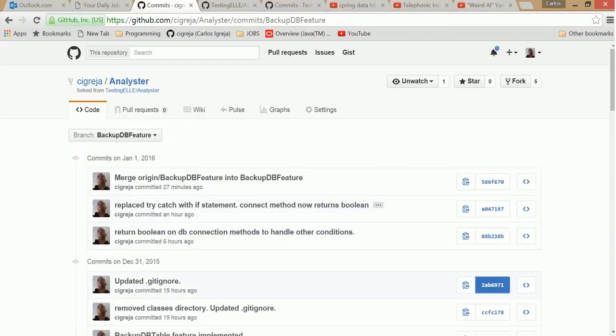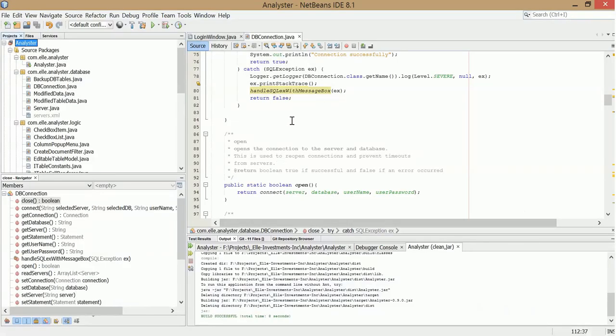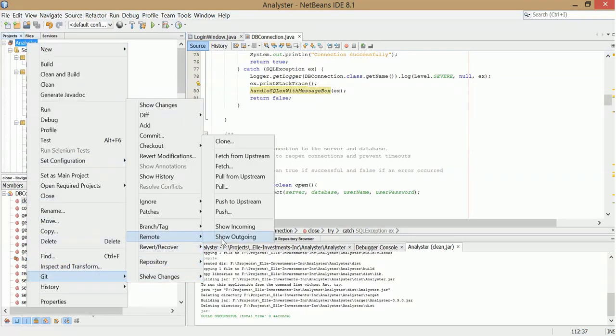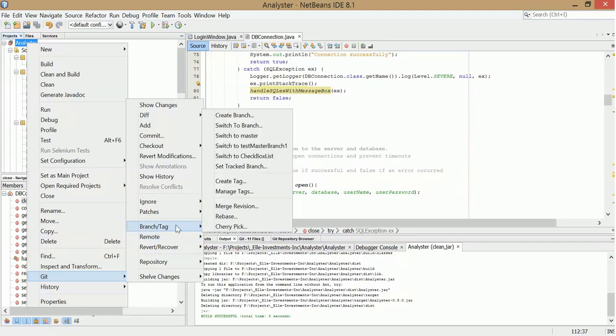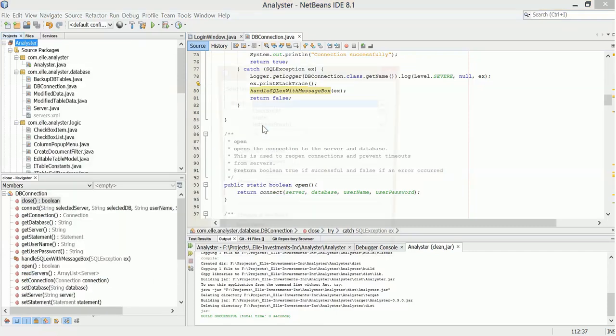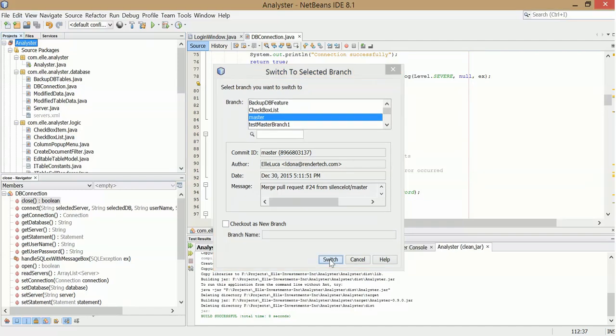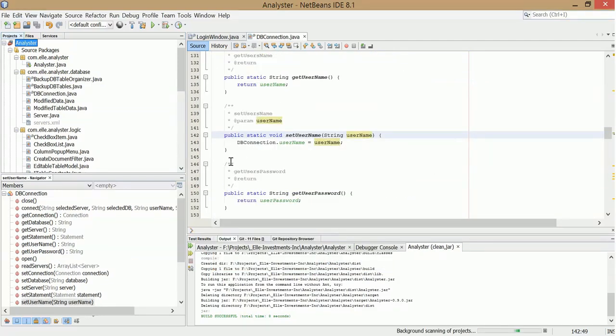Alright, so I'm going to go over to Nebbies, and like I said, the workflow I'm going to do is pull down code from the master. So I'm going to switch over to my master. Branches, switch my branch to, I'm going to select my master and my local and switch, and then I'm going to